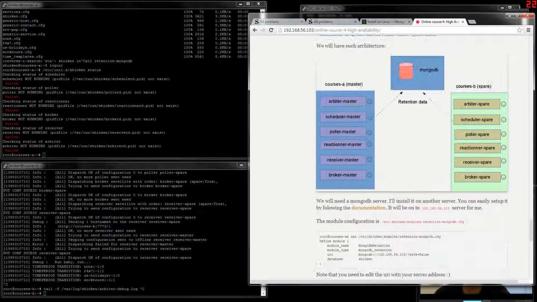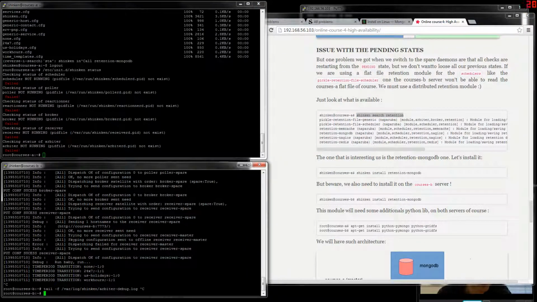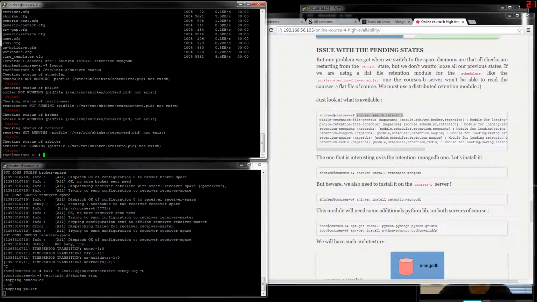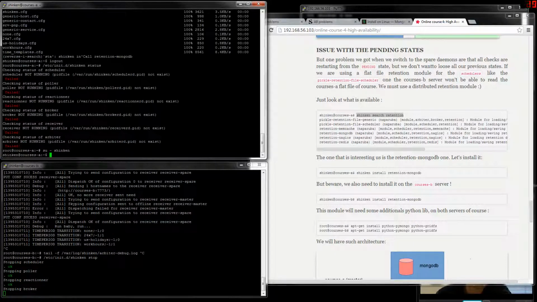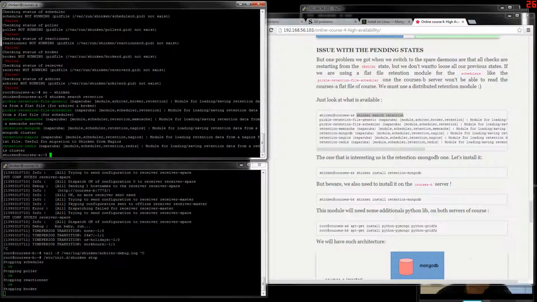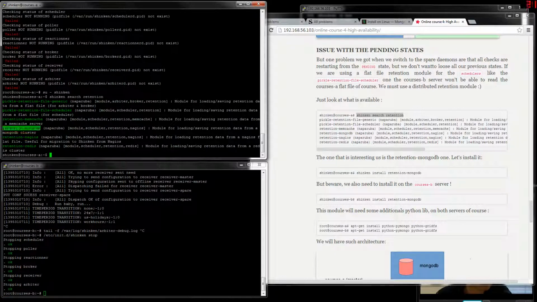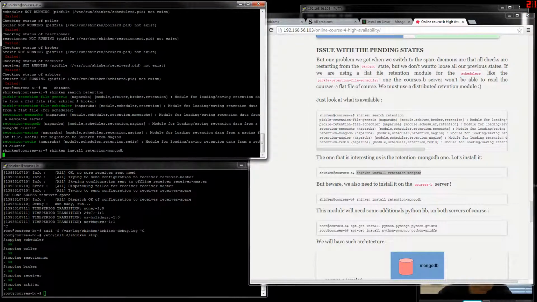So we will look at the retention modules available in Shinken. First we stop this pair, then we search for the retention modules. We have a lot of them, and you can save in Memcache or Redis, but we will save our data into MongoDB.